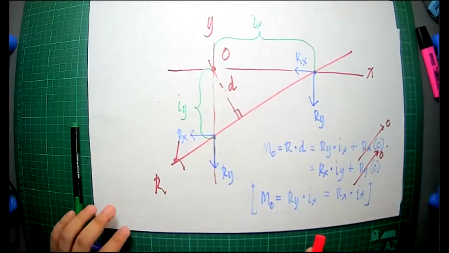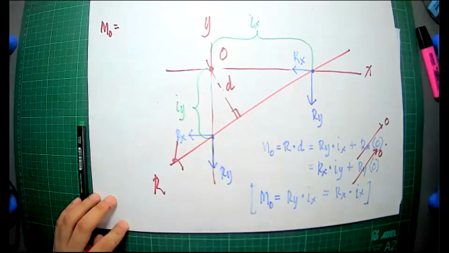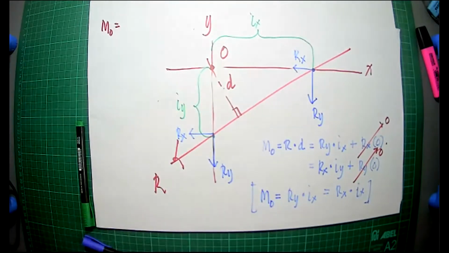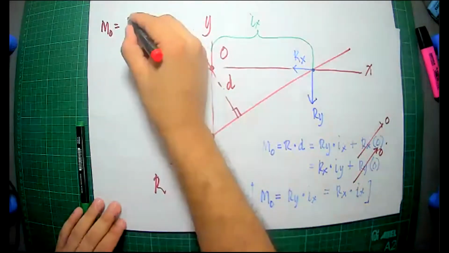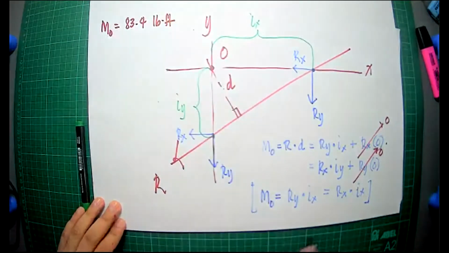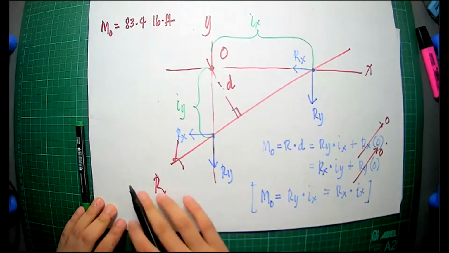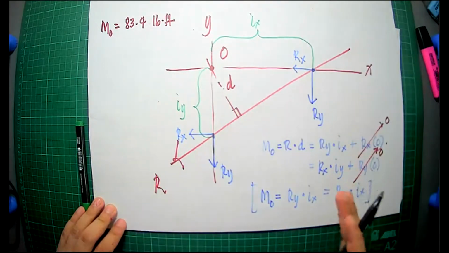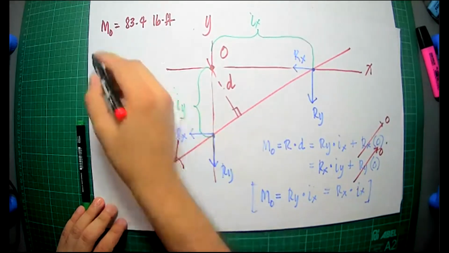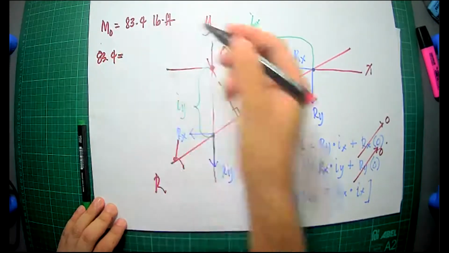Okay, MO. Let's put our MO here. MO is, from the book, I got it positive, 83.4 pound-foot. And I can equate that to this. Since we already know the direction of the force, we can use positive values so we won't be confused. So 83.4 is equal to Ry